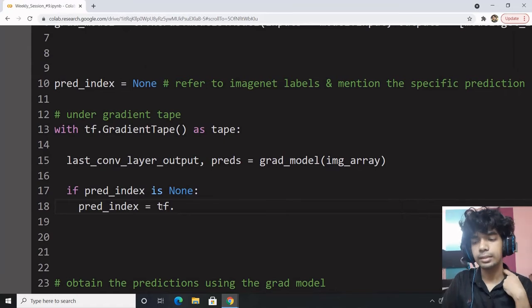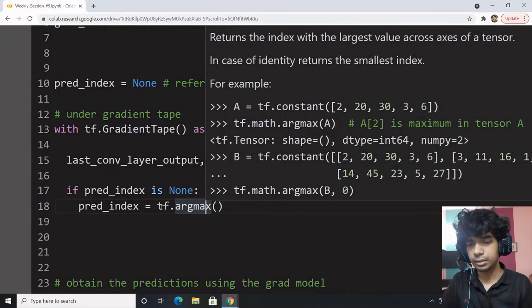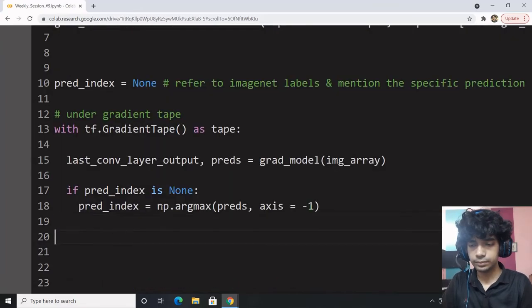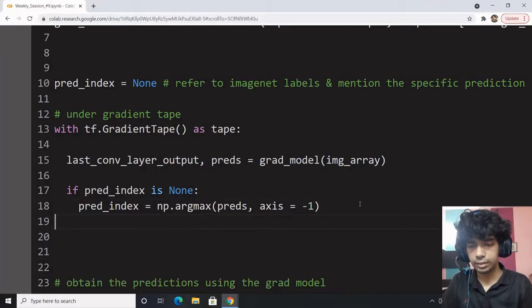Now the prediction index would be tf.argmax or np.argmax, doesn't matter. np.argmax of predictions, axis is -1, right? You can define it or not, entirely up to you.